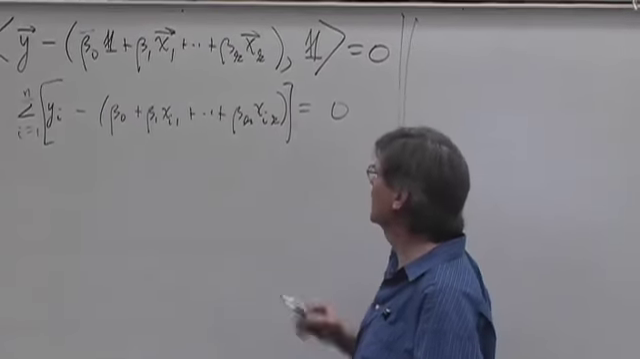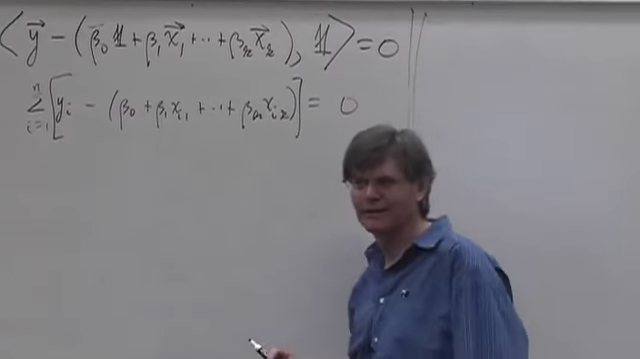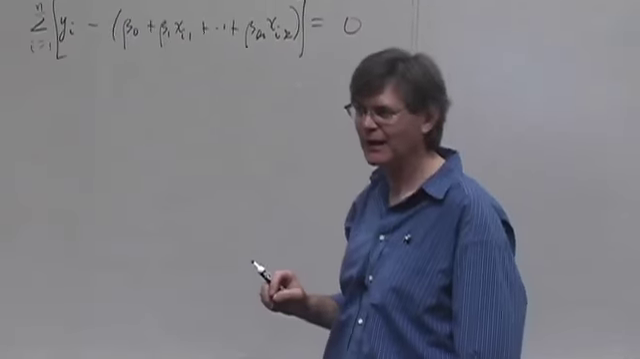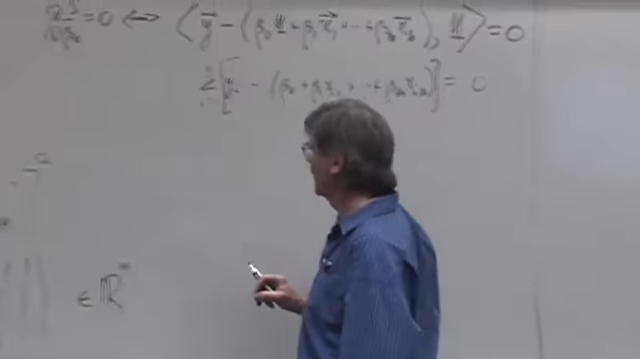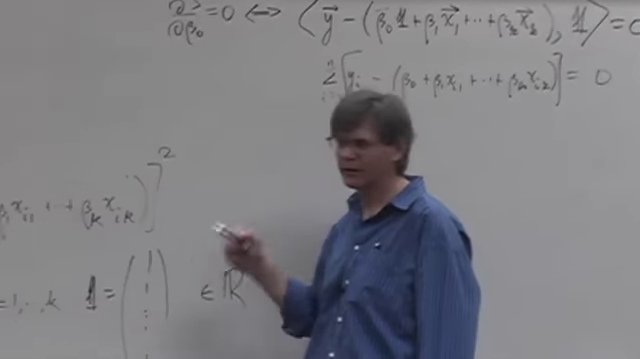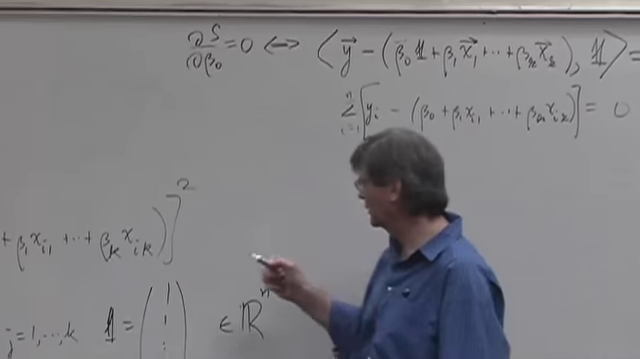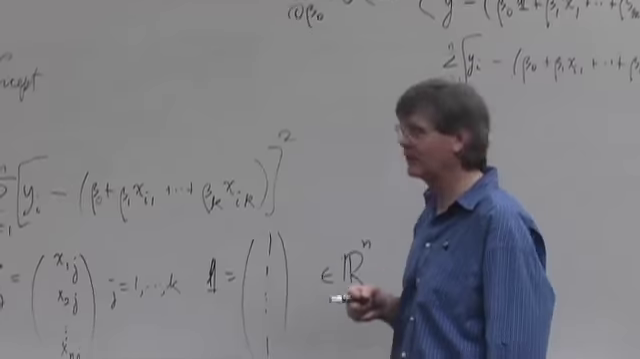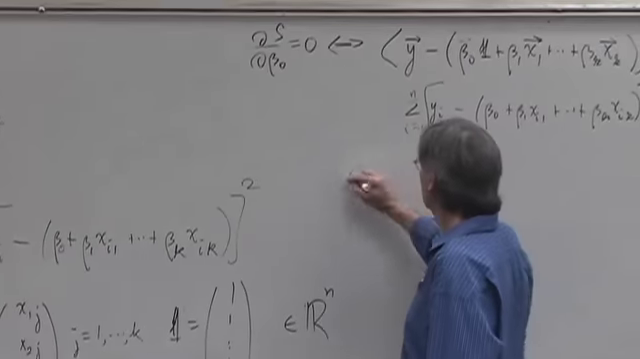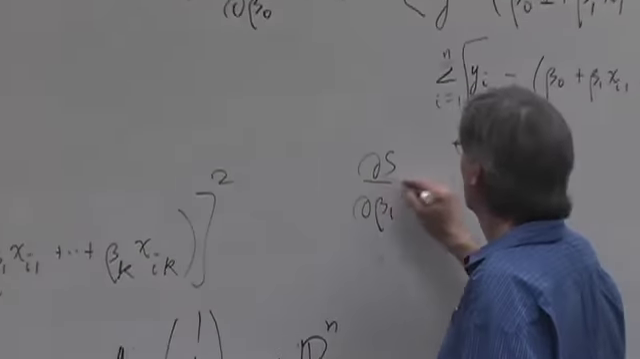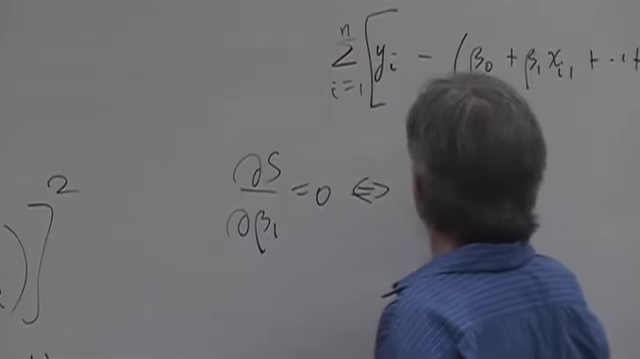Okay? So I integrate against 1, and I'm going to get 0. I integrate against x1, and I'll get 0. I integrate against x2, and I'll get 0, and so on. That's how these formulas are coming down. So d by d beta 1 is equal to 0 if and only if, again, the error vector